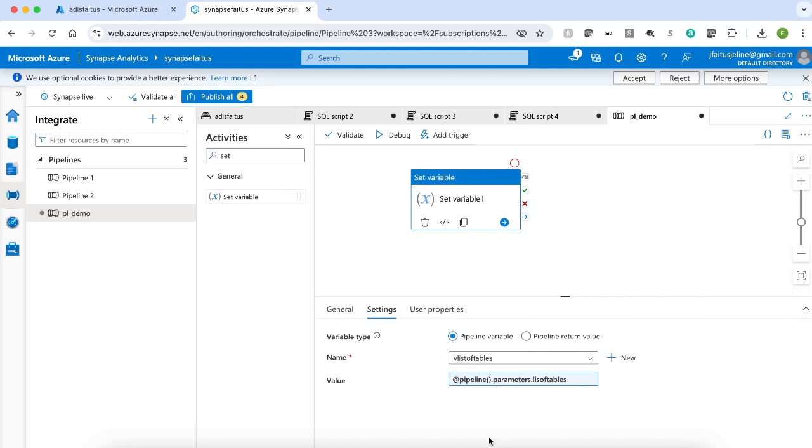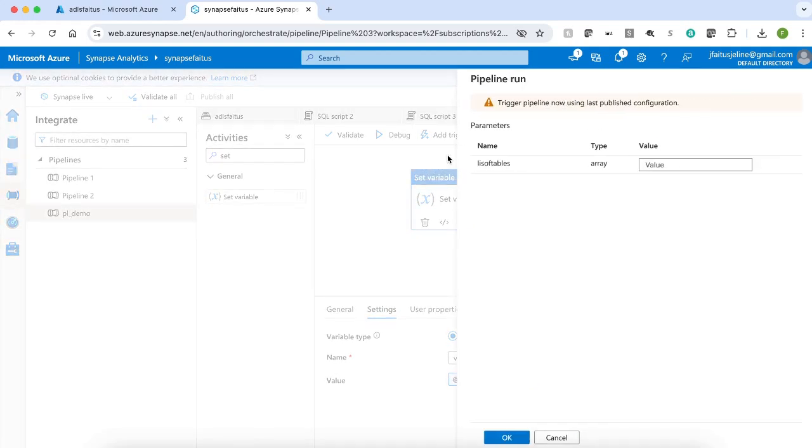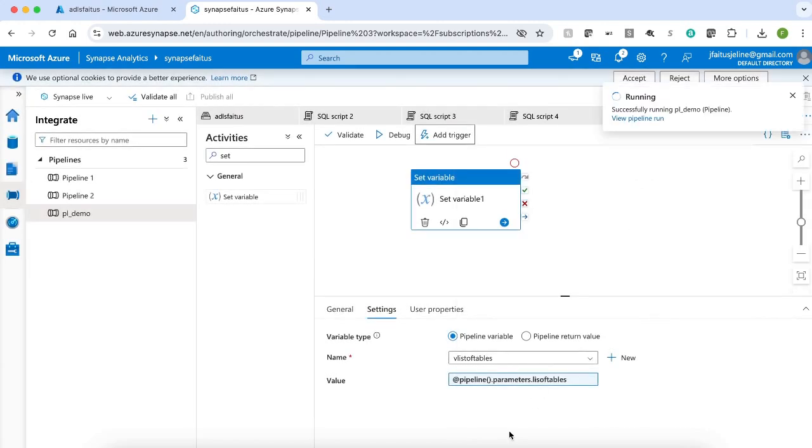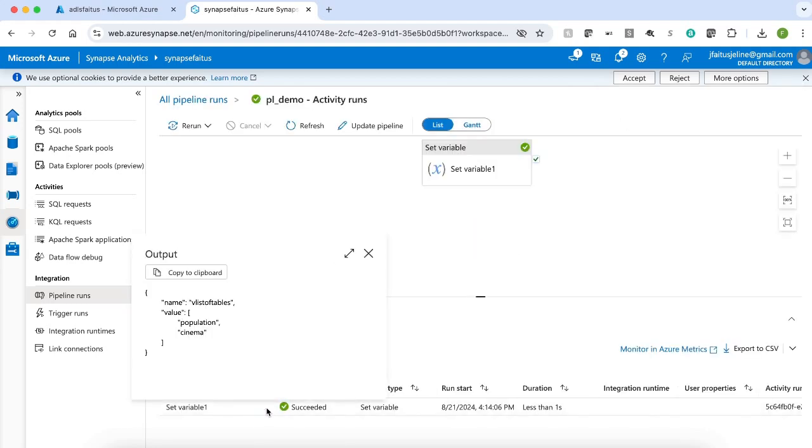Let's run our pipeline till this point and see our result. Let me publish my pipeline. The pipeline is successfully published. Now let me run my pipeline. Let me click add trigger and run my pipeline. I'm going to provide a list of tables, population, and my next table name is cinema. Now let me run my pipeline. Let's see the result. We see that in the values we have an array with the different values that we